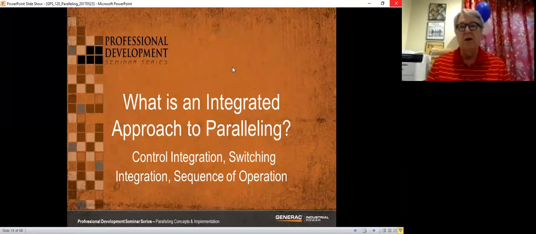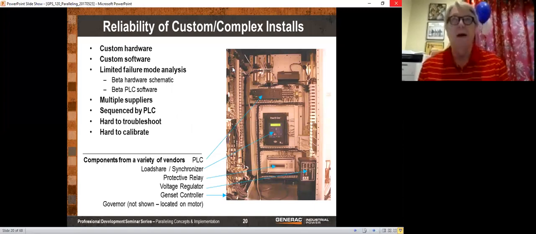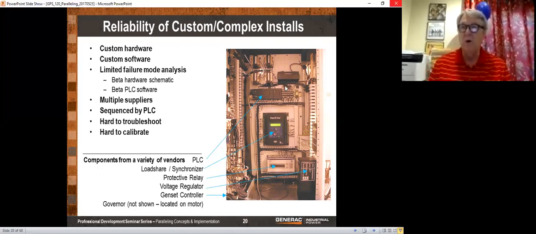Now, what is an integrated approach to paralleling? This is your master controller. Now, in this particular master controller, you can see on the top we have a PLC, a programmable controller. Allen Bradley, Siemens, Mitsubishi, GE, and that's got a custom program in it. It also has remote I/O out here and lots of inputs and outputs that it can go to the various sensors in this master controller. The next thing down here is a load sharing and a synchronizer. Well, that's nice. You've got 2 things in one box. It can not only do the synchronizing, but it can also control your load sharing. Next one down, we have,